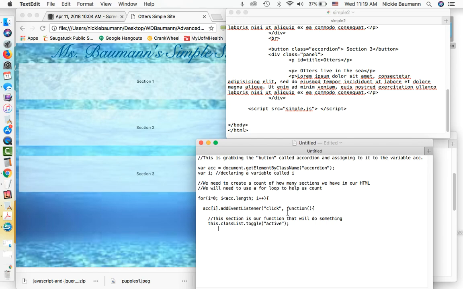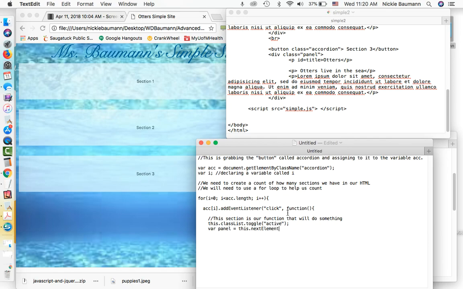Semicolon. Once we determine that, we are going to create a variable called panel, and that variable is going to be assigned the next element. So this.nextElement